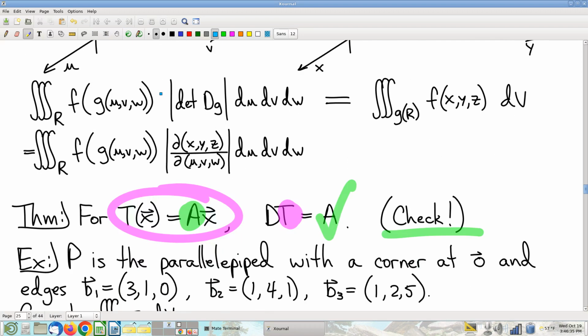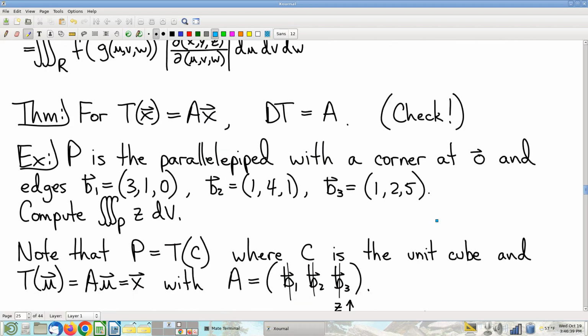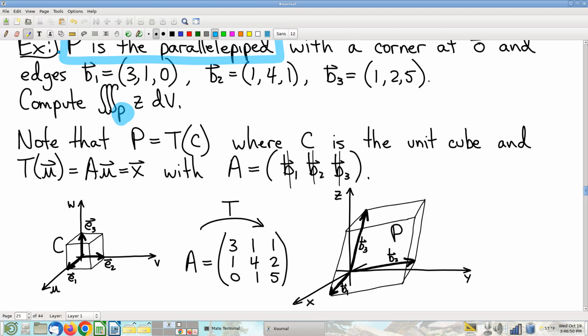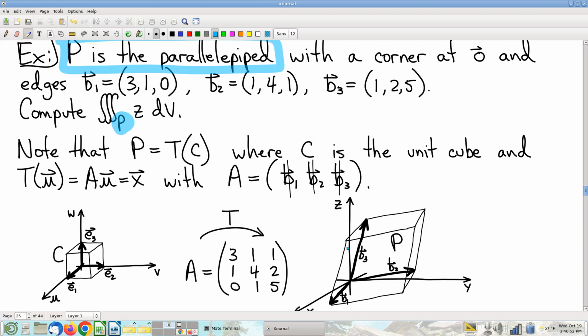Alrighty, so that noted, here's the question. Here's the three-dimensional change of variables question. Want to compute an integral on a certain domain. Our domain is a parallelepiped, which, by the way, would be a nasty, nasty domain. If we were going to do this